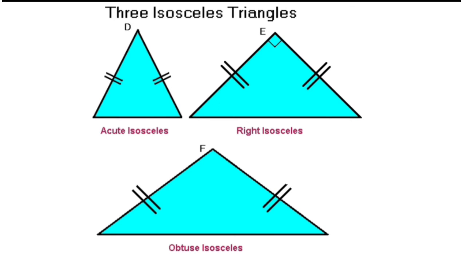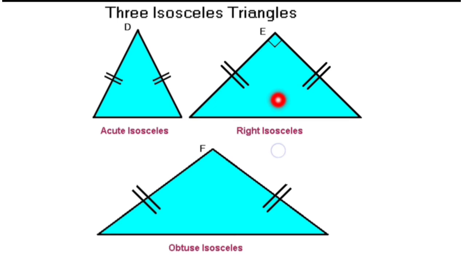So what is special about isosceles? You know, isosceles can be drawn in three different ways. The first one is the acute isosceles triangle. That means all the angles are acute. Base angles are the same and the third angle is also less than 90. So when there are two sides equal and all three angles are less than 90, then such a triangle is called an isosceles acute triangle, or you can also say acute isosceles triangle.